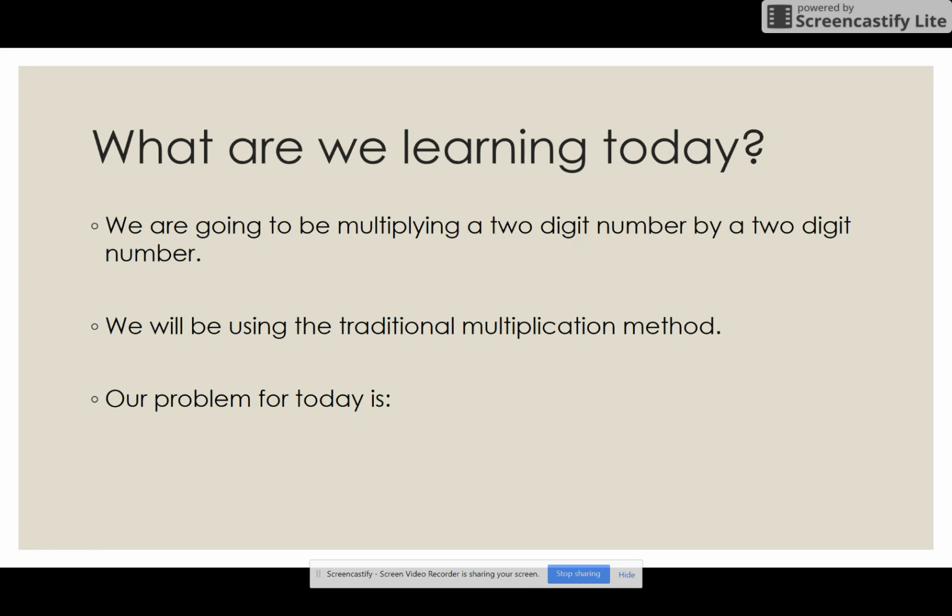Today we will learn how to multiply a 2-digit number by a 2-digit number. We'll be using the traditional multiplication method or the traditional algorithm. Our problem for today is 21 times 45. Please take note of the fact that my place values are lined up. This will be super important as we go about this problem in order for you to make sure your answers